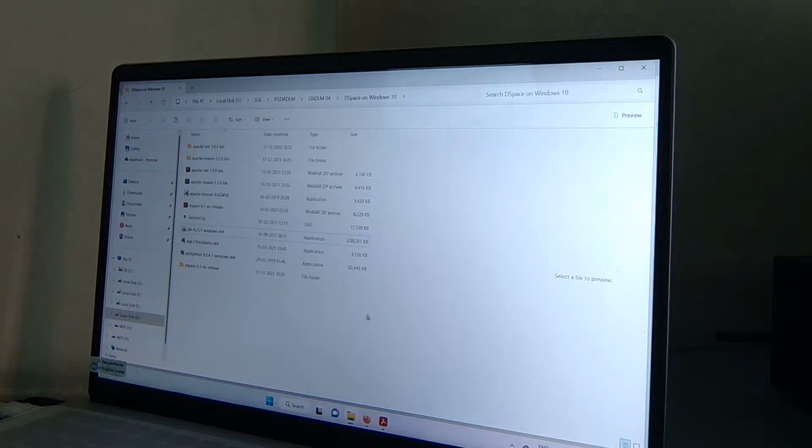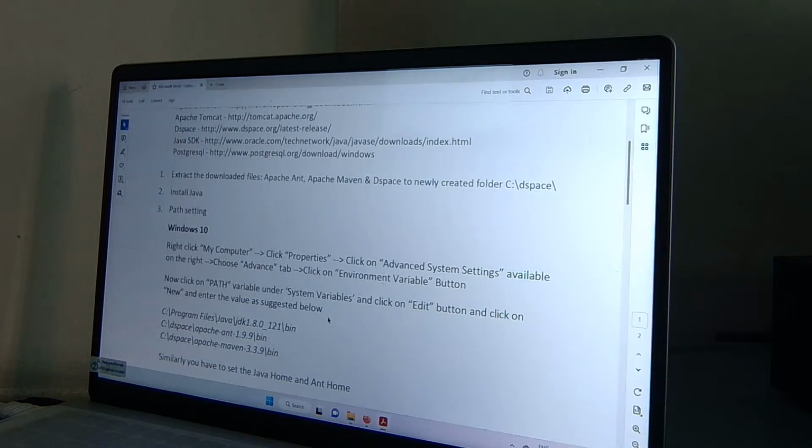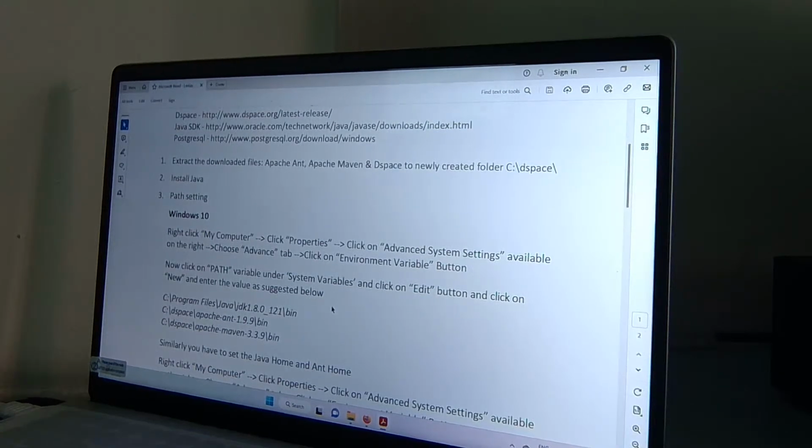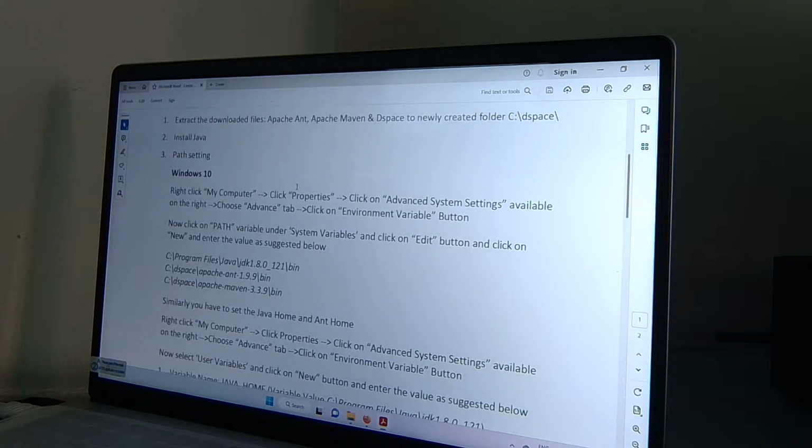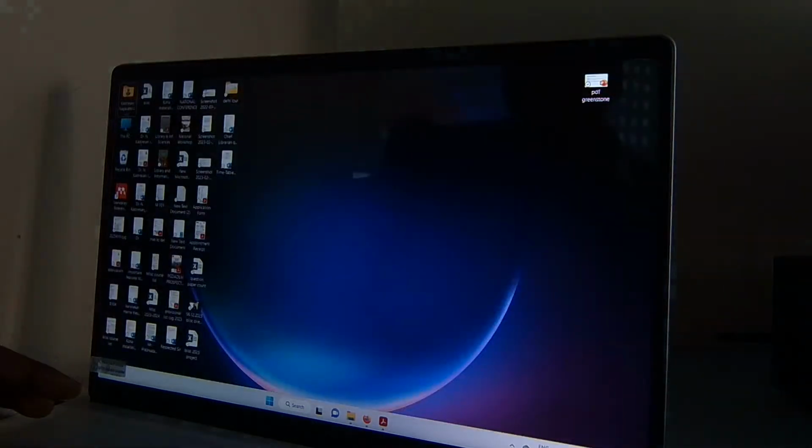So the next step is path setting. In that guide for DSpace installation you can find, now we have completed two steps. The first one, we unzipped all the three folders, Apache Ant, Apache Maven and DSpace, into the C DSpace folder, and the second step is we have installed the Java file. Now we will go to the third step, which is path setting. Once the Java file is installed, we have to assign a path for that. For that, just go to my computer,